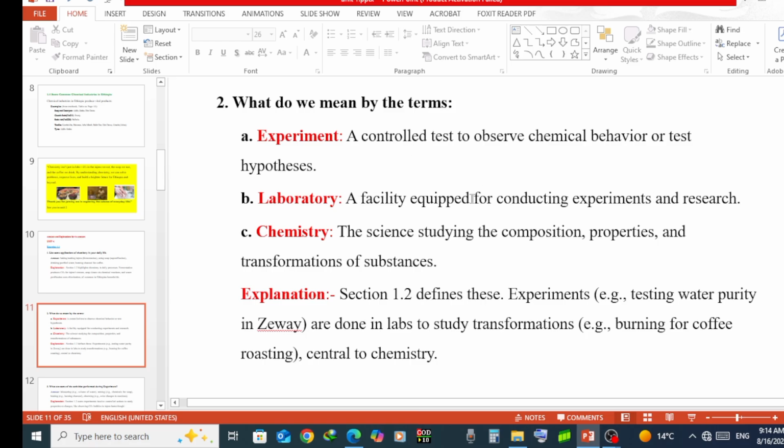The other is chemistry. Chemistry, as we have defined last time, is the science studying the composition, properties, and transformation of substances. So these are the three terms that are required to be defined in exercise